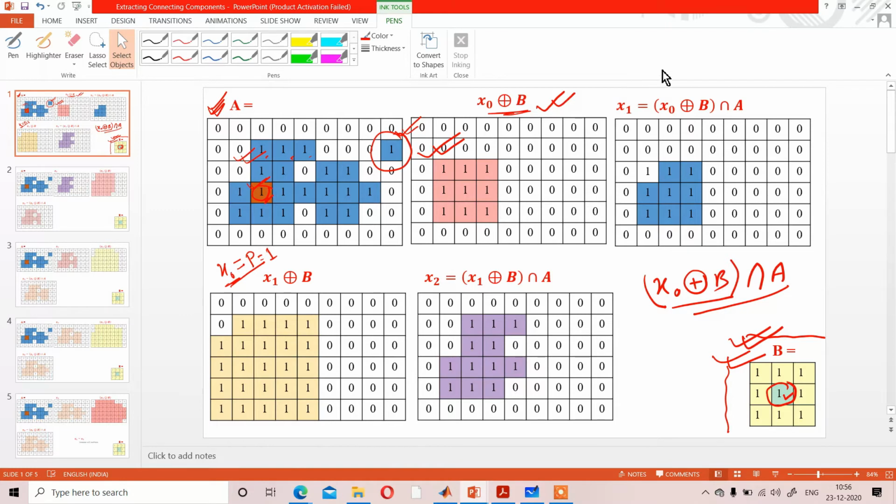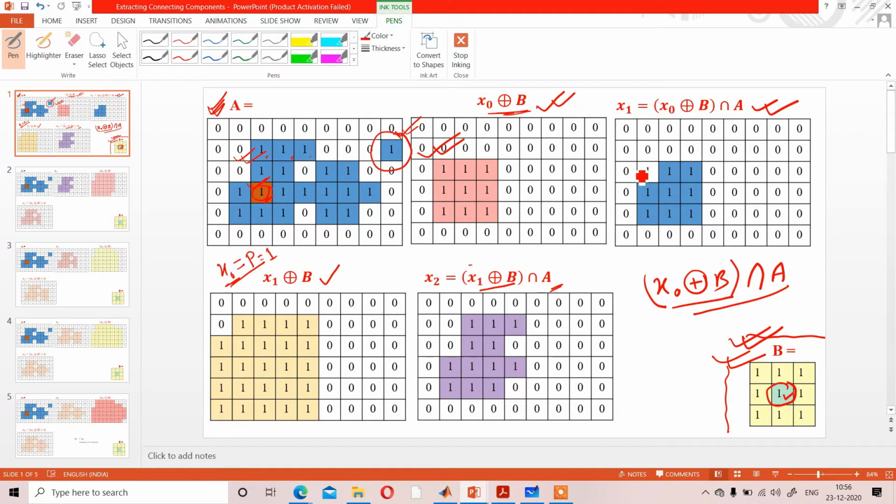Now as you have got x1, next step is what? You have to calculate x2 in the same way. So to calculate x2, the procedure is x1 dilation b and intersection a. So first you have to calculate in the same way x1 dilation b. Now that is your x1.